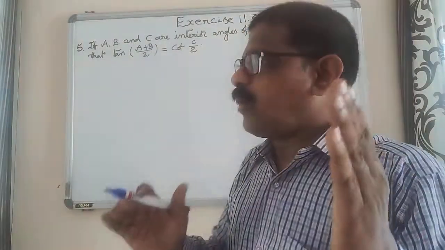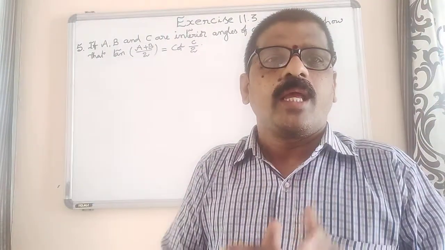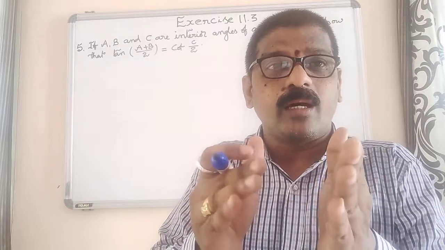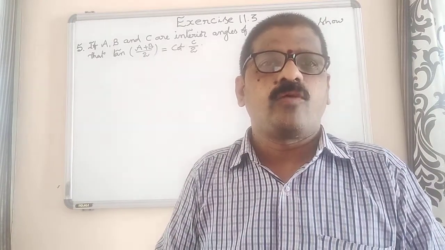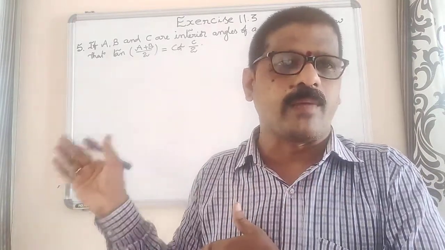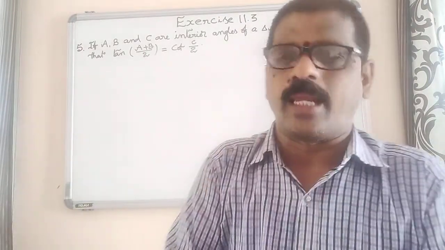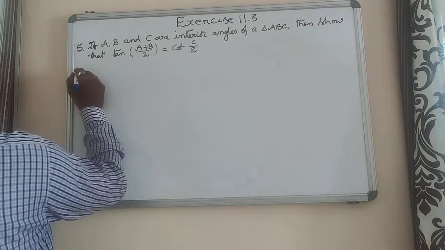Okay. So what is the given condition? A, B, C are interior angles of a right angle triangle. Okay, why? Because trigonometric ratios are given. So now we can take exactly a right angle triangle. Now the solution part is